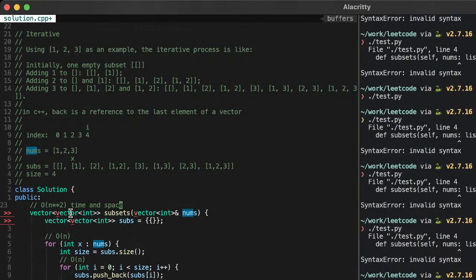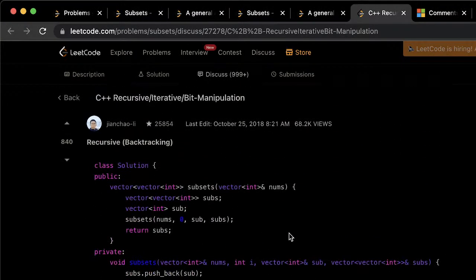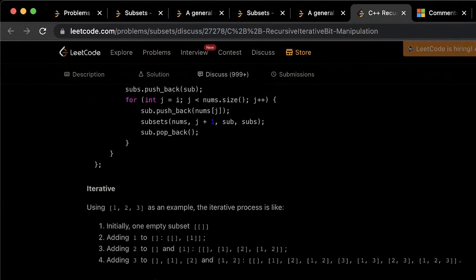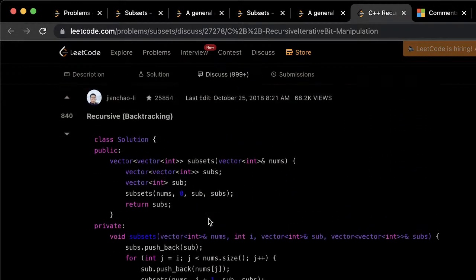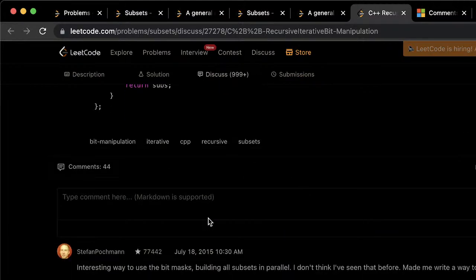Some idea about an O of n cubed solution. The optimal one is O of n squared. It looks like time and space, unless you guys disagree. Let's see if it says here. He's not telling us the time and space complexity, but it looks to me like O of n squared time and space.